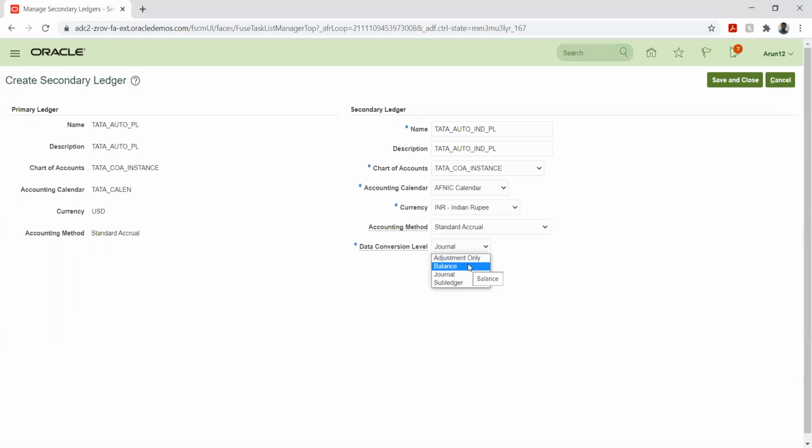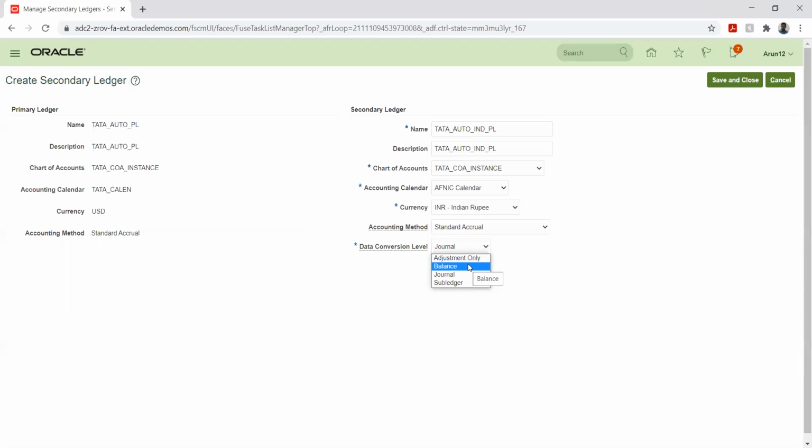Now let's take another case, that is journal. If I say journals, I will see this as a balance of 1 lakh. But if I want to drill down to the different level of transaction, I can see all these 10 journal entries, and I can see from where it has been navigated and from where it has been created. All those details I can see.